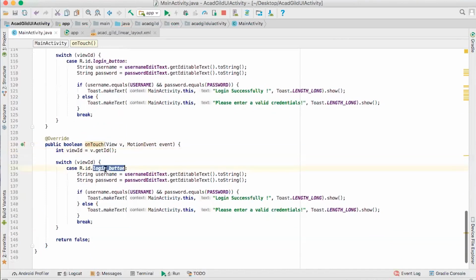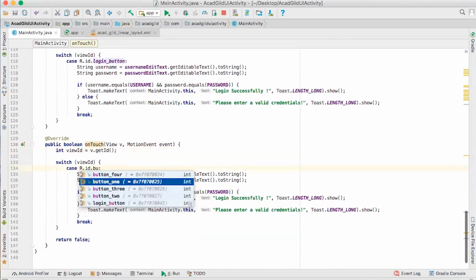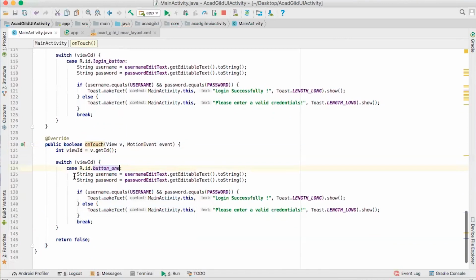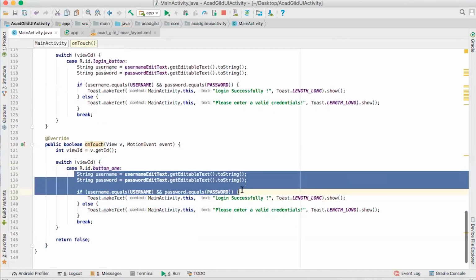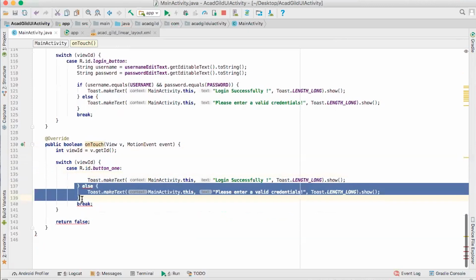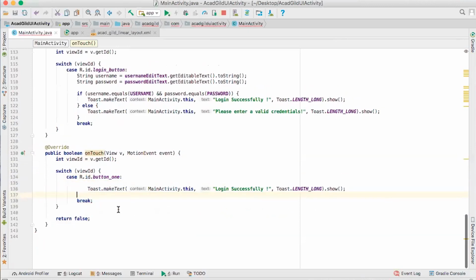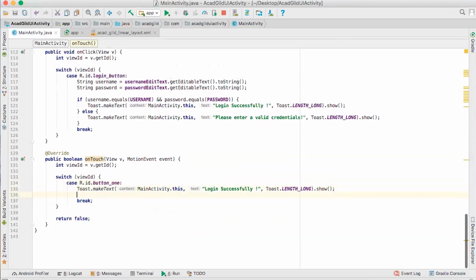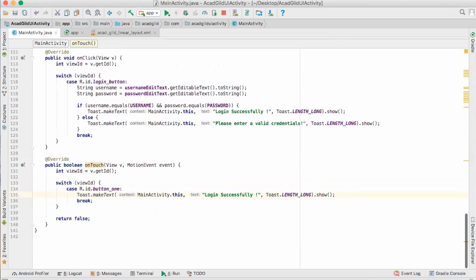If this is button 1, right, then show toast button 1,